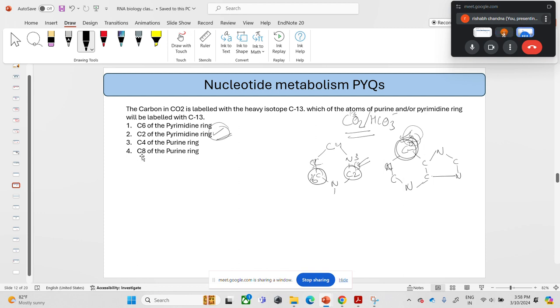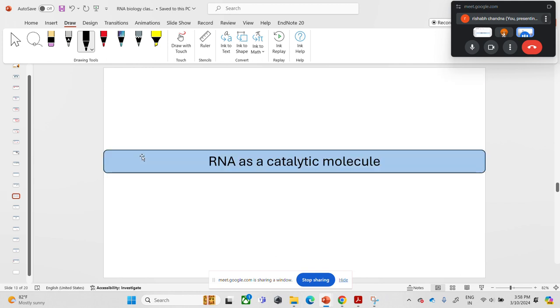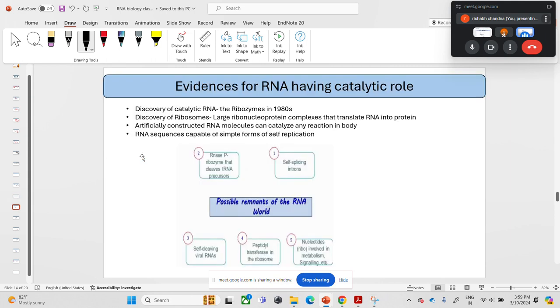Now, we'll move on to the next part, that is RNA being the catalytic molecule, the basic structure of the ribozyme. Today, I'll just touch upon the basics and how it leads to the formation of the ribozyme. And in the next class, we'll discuss some examples of catalytic RNA units. So, starting with